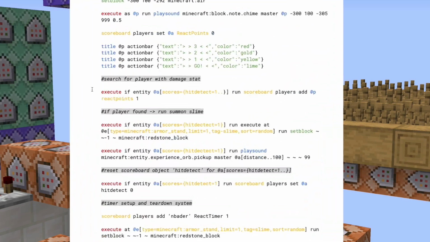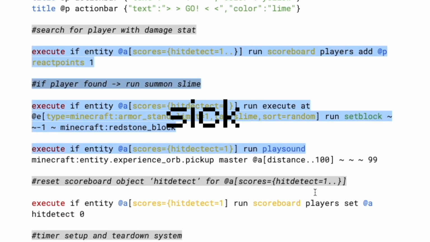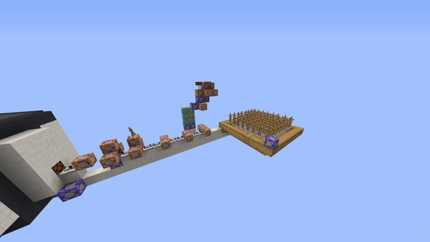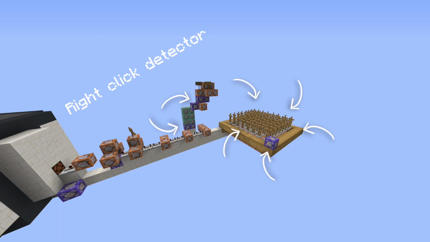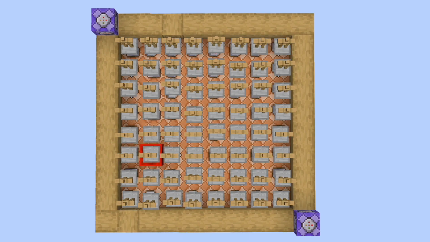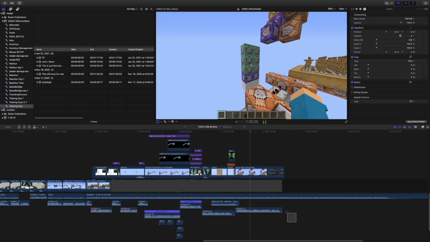Psych! Check out this damage detection system. It's sick. See this spawning mechanism? Pretty cool, right? Wrong. Instead, use a right-click detector which goes here, which activates this, which activates one of these, spawning in a slime within this 5x5 area. That way, when you kill a slime, it randomly decides where to spawn the next one. And since we're using chain command blocks, this allows us to have lots of...